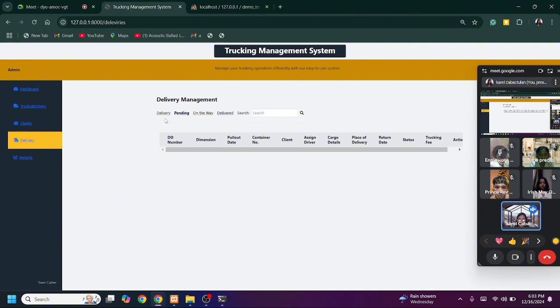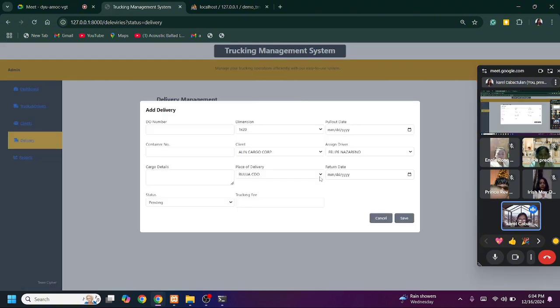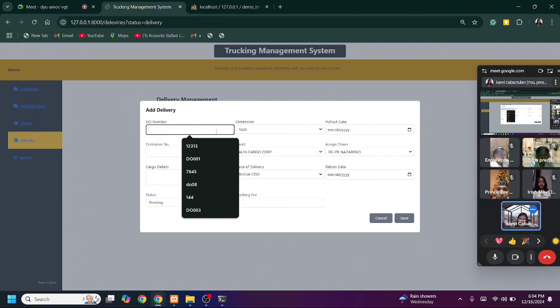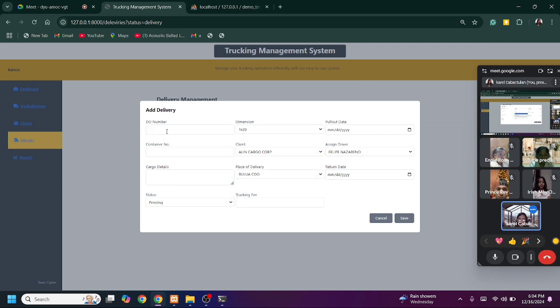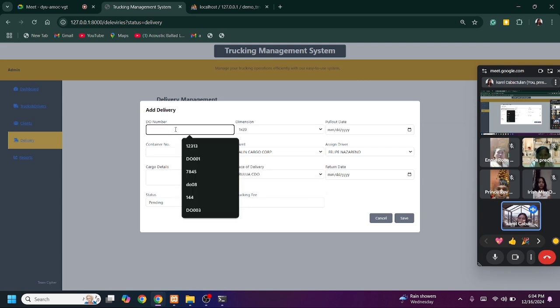So that's why if you try to add a delivery, it will be reflected here. Every time you add data in our truck and driver and in client, it will also be automatically added here. So let's try to add at least five deliveries, and let's put it on pending.